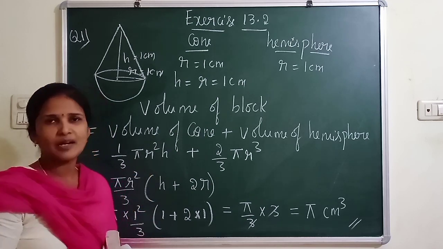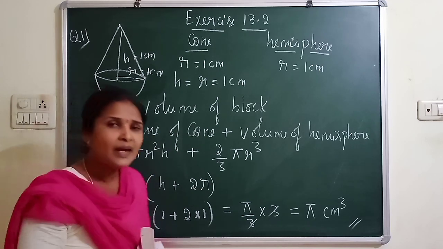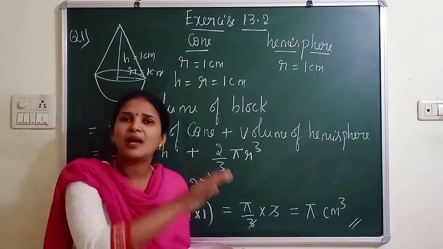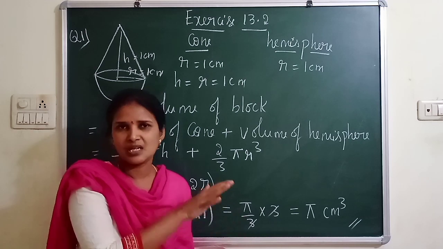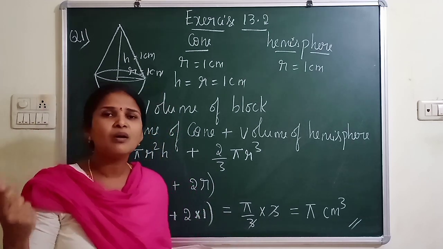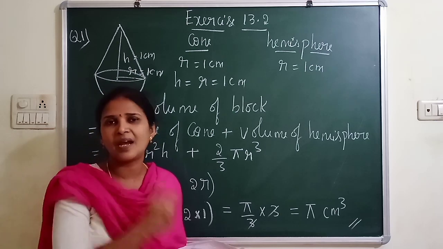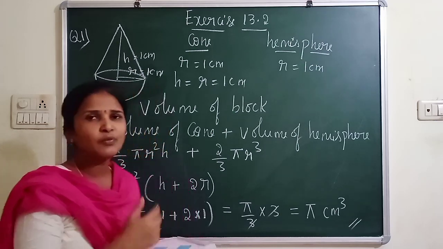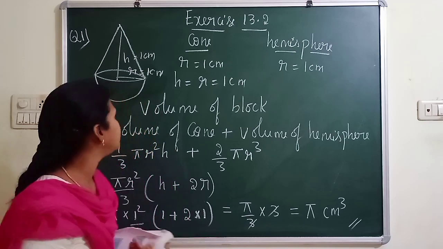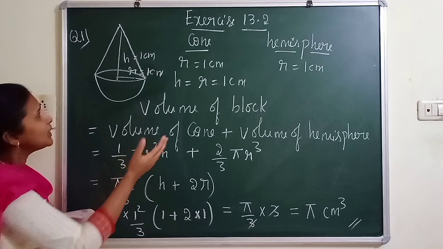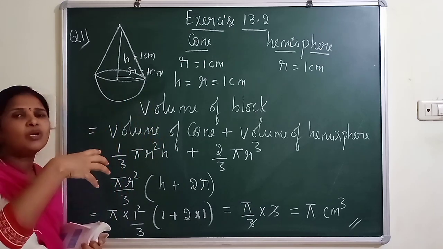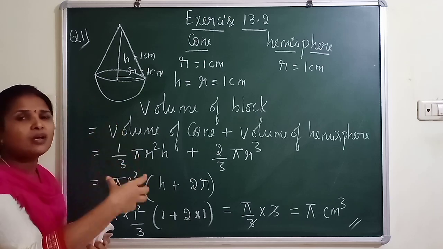Coming to the questions, let me explain the difference, and at the end of this exercise I'll explain with full clarity when we have to use addition and subtraction in the case of area, and when we have to use addition and subtraction in the case of volume. With one or two examples, let me explain at the end of this exercise. Before that, first let us learn what he has given in exercise 13.2. In the first question, you can see there is no cavity either in the hemisphere or in the cone, and they are exactly mounted. The cone is exactly mounted on the hemisphere.